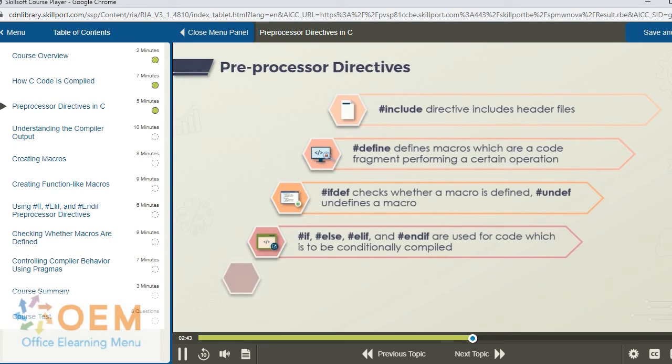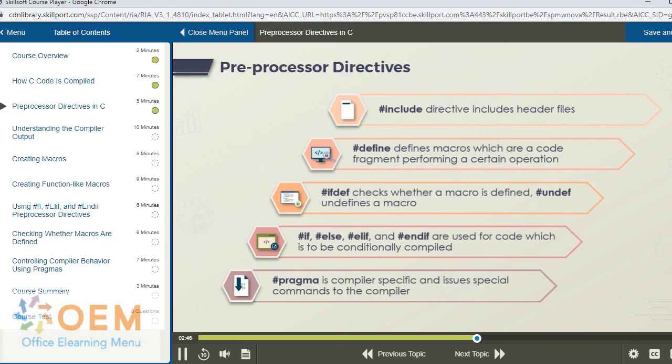The final class of preprocessor directives that we will be working with are #pragma directives. All of the other preprocessor directives that you see on screen now are effectively ways for the developer to communicate with the preprocessor. However, #pragma directives are ways for the developer to communicate with and control the compiler and not the preprocessor. These #pragma directives are compiled